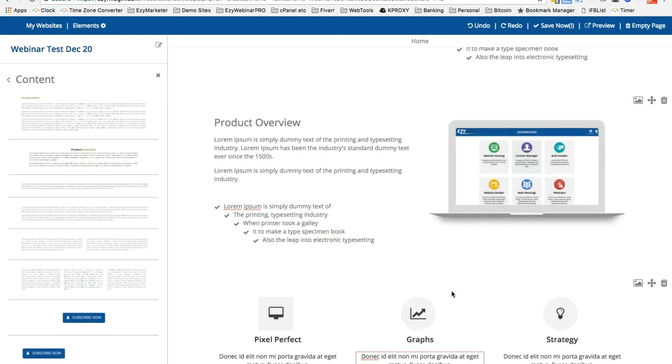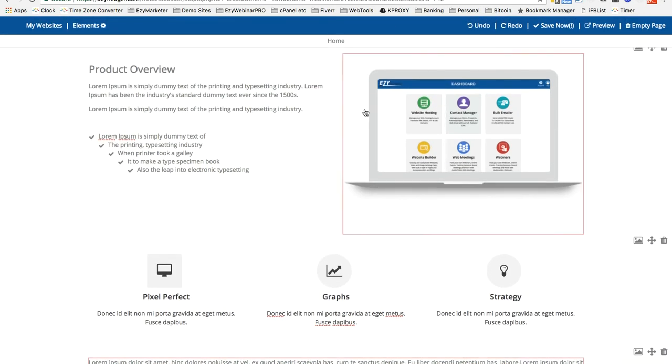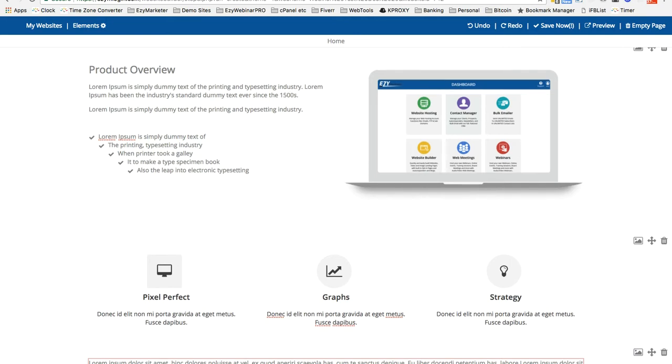Okay, so there's your single paragraph of text. You can put that on top of an image, put it on top of a video, or put it anywhere that you want that to go. You just go and highlight it and